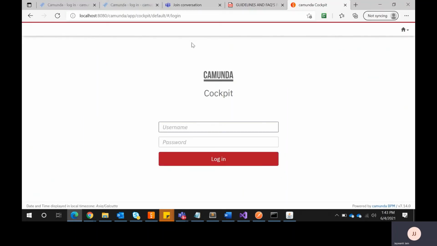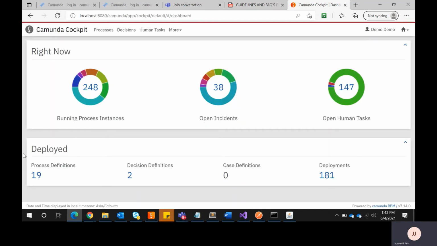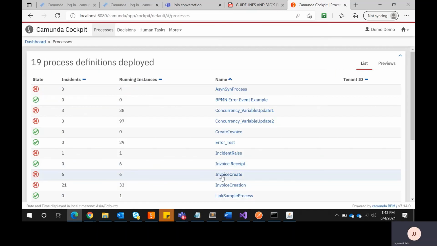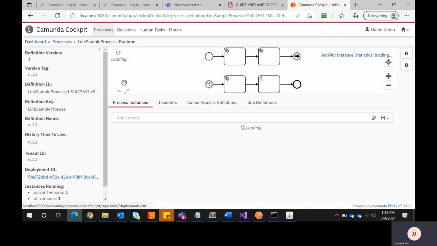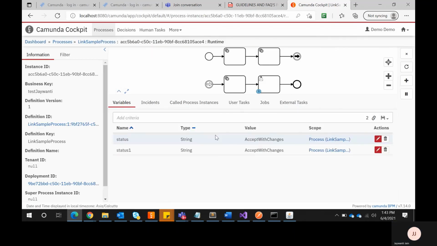When I look at the process, this is my Camunda engine hosted server. The username and password will be demo. When I see this process, link sample process, one instance is running, and I can see the instance here. It executed this and it is waiting for the user to take an action. Once the user takes an action, it will end the process.